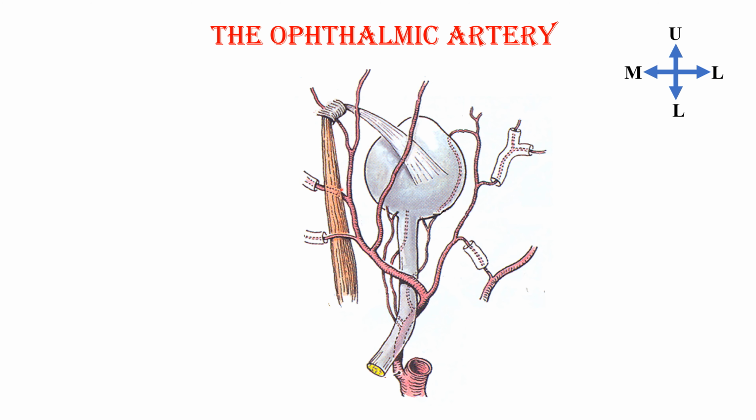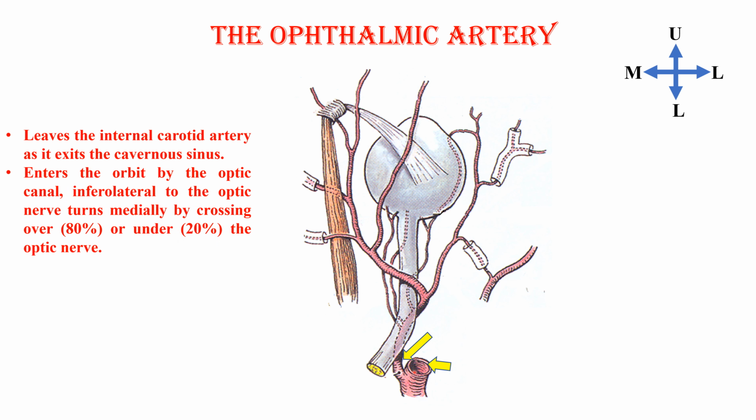Come to the vessels. The vessels are the arteries and the veins. Let's start by the ophthalmic artery, where again this is the lateral side, that is the medial side with superior oblique and the trochlea here. What we can see here is that is the ophthalmic artery itself, which leaves the internal carotid artery as it exits from the cavernous sinus, then enters the orbit through the optic canal, and then crosses the optic nerve